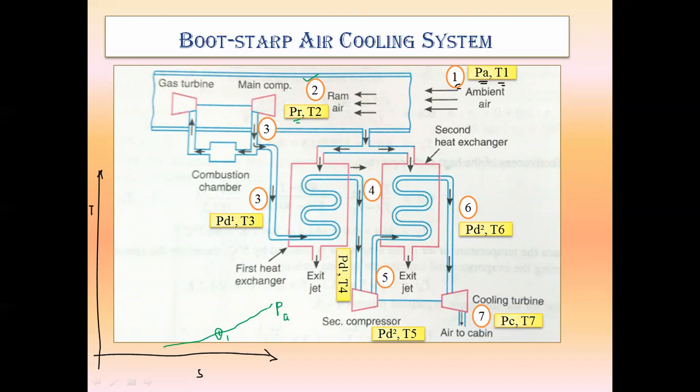Why I am drawing that pressure line likewise? Because this is the TS diagram, and the nature of constant pressure line on the TS diagram will be likewise. So here one more pressure line will be there. That will be called as a ram pressure. So suppose this is a ram pressure line. So in that ram pressure, there will be again two pressure.